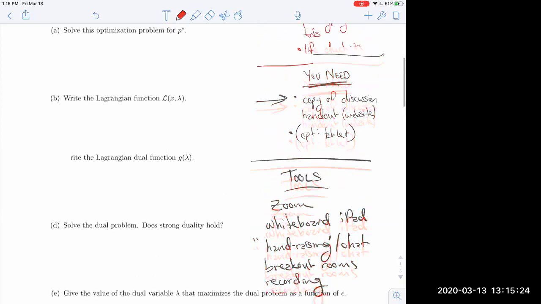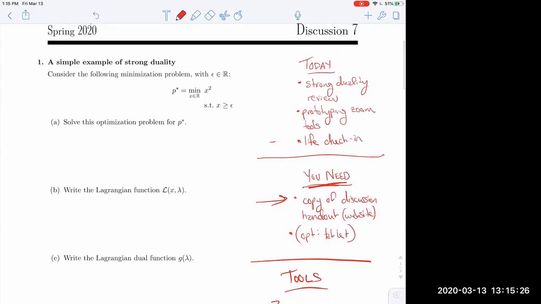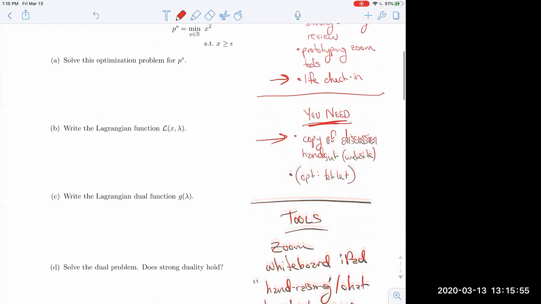Also, you'll notice on the agenda today, just a life check-in to see how everybody's doing, because I know this whole situation has hit me personally like a freight train. I'm worried about my family. I know you guys are worried about your families too. With everyone remote, it's really hard to get a sense of how our students are feeling. We forced a midterm on you yesterday. So it would be great to have as candid a conversation as we can once that recording has wrapped up. So I think that's the agenda for today.